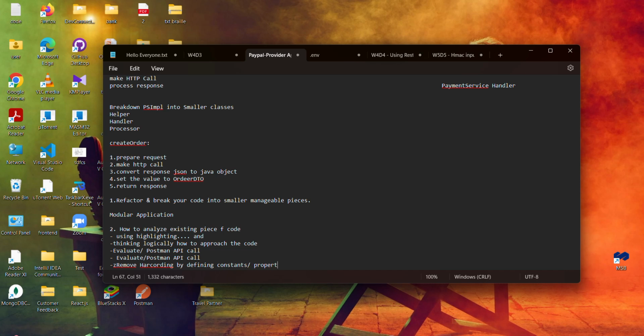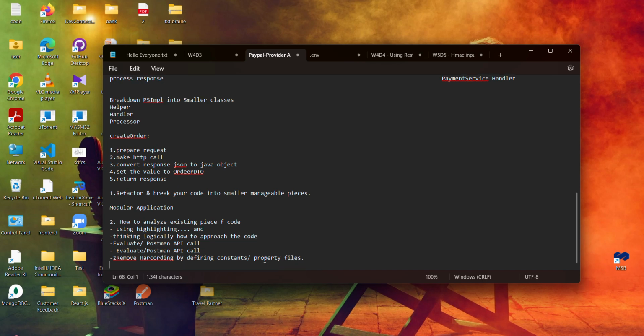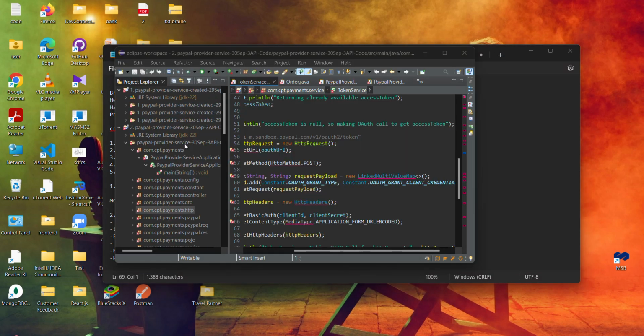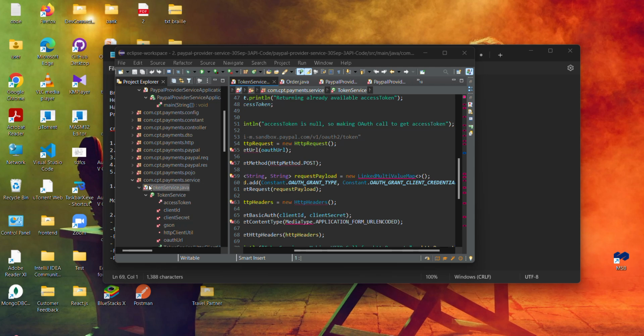Property files. Then we have to populate data and possible resources. These are all to be done in which, for an example, I would like to show this on payments.service